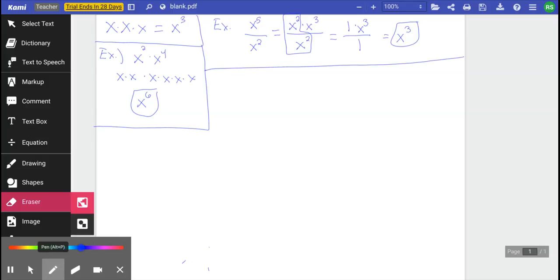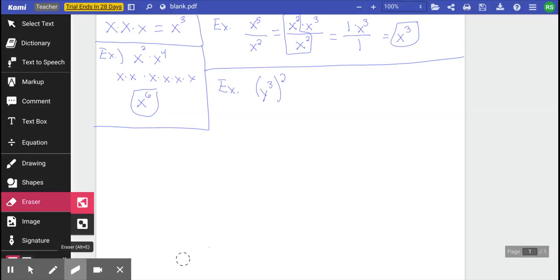Right. Next example I'm going to go through with you is what happens when we have a power raised to a power. So if I had y to the third squared. What that means is what's in the parentheses is being multiplied together 2 times. So that means we really have y cubed times y cubed. Which brings us back to the example over here, right? Very similar at that point. So we have y cubed times y cubed. We squared y cubed. There are 6 y's being multiplied together there,